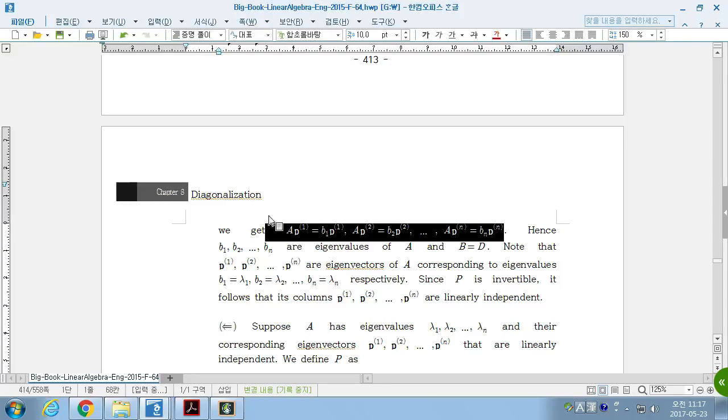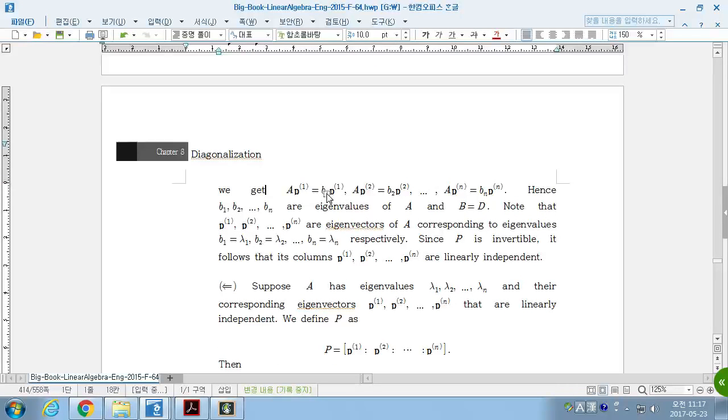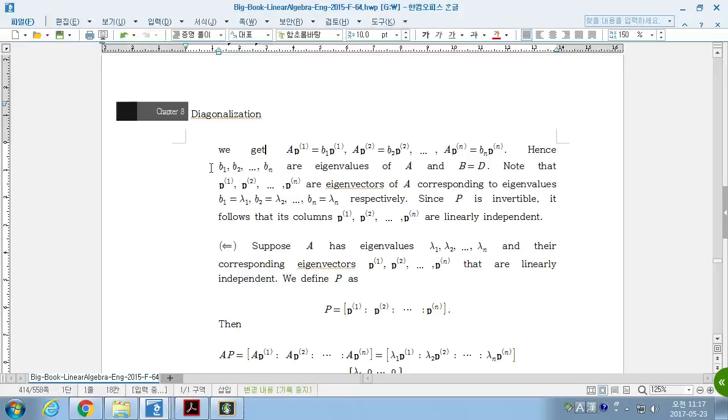Okay, we have a matrix A, non-zero vectors Pi, and scalars λi. This gives us exactly the eigenvalue and eigenvector relationship, which means λ1 is an eigenvalue of A and P1 is the corresponding eigenvector. λ2 is an eigenvalue of A and P2 is a corresponding eigenvector, so A P2 equals λ2 P2. And Pn is an eigenvector and λn is the corresponding eigenvalue of A. So here, these λi's are eigenvalues of A and the Pi's are corresponding eigenvectors of A, in order.